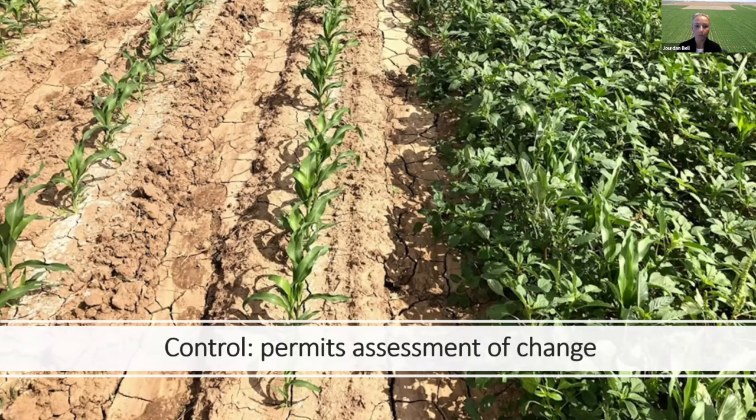It also provides him an assessment of change within his own field and on his farm. And so that's something that I do like to do, is include the cooperator's variety